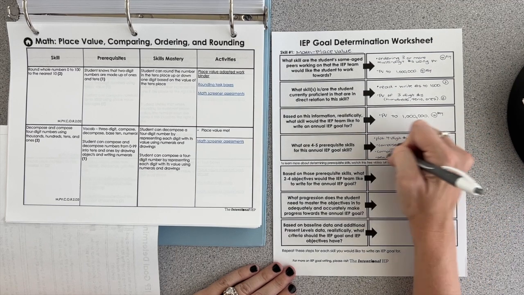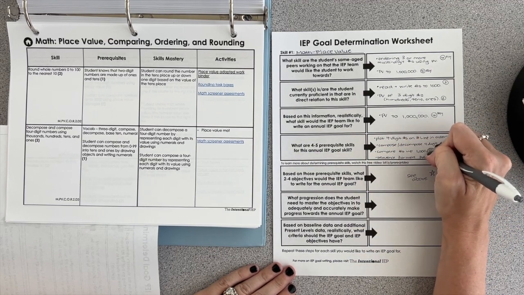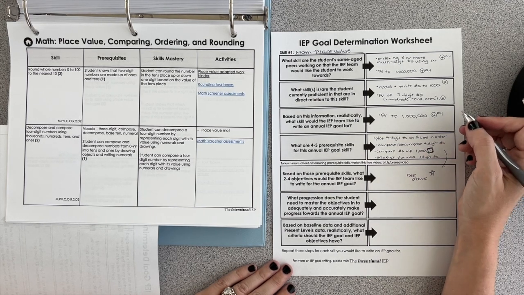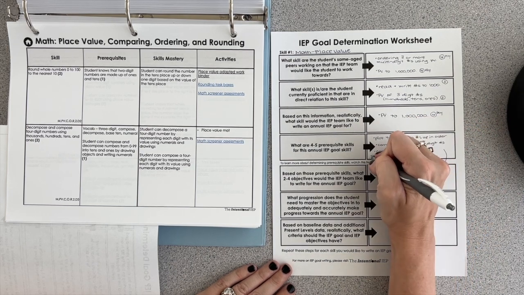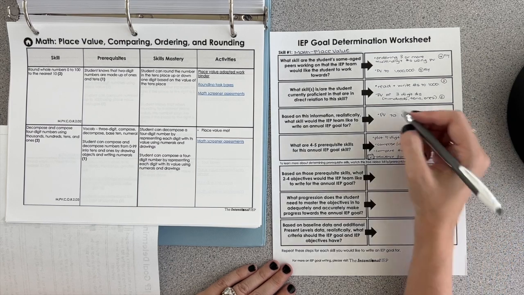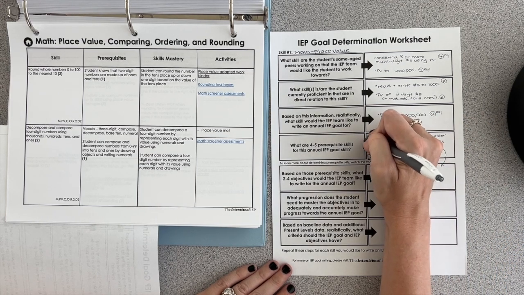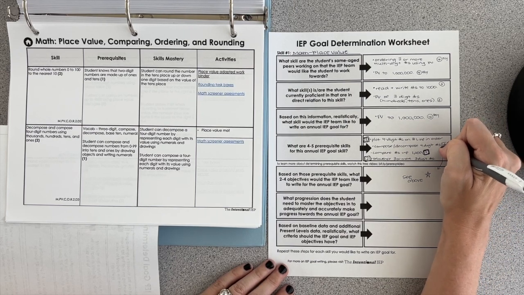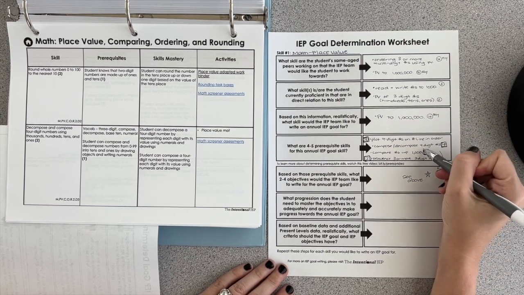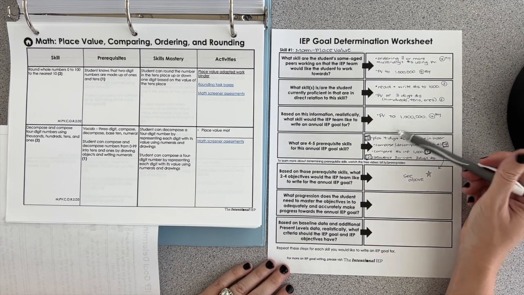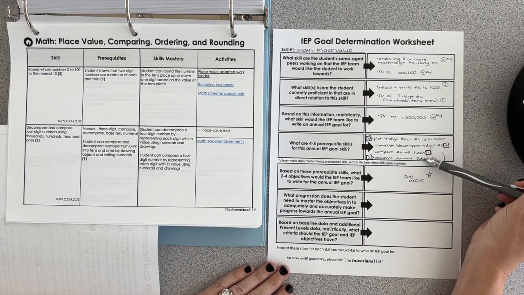So I want her to be able to compare numbers. So there's 1. Maybe I'm going to box them in because I circled those grade levels. Then I want to sequence the numbers. So we're going to work on comparing, and then we're going to sequence. Then we're going to plot these numbers on a number line. So putting all those skills together, and then we're going to compose and decompose numbers. And so maybe it's not 4-digit numbers, maybe we're going to work on 6-digit numbers. And so maybe instead of plotting 6-digit numbers or 4-digit numbers, or sequencing 3 or more 3-digit numbers, maybe this